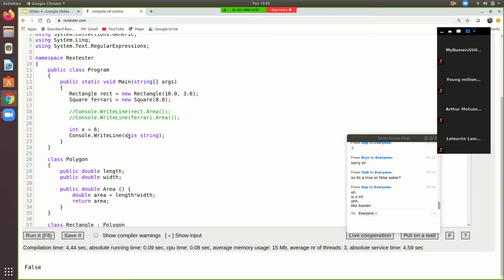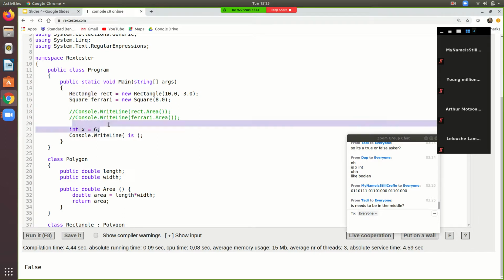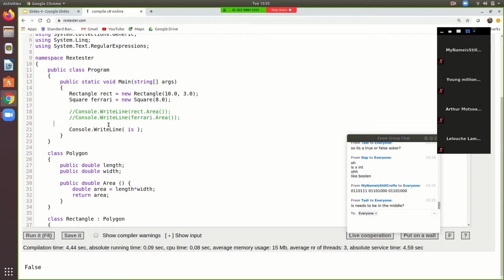But now, what I want to show you guys, what's quite cool about this thing that we've done here, this inheritance. Look, we've got this rect object, right? And it's of type rectangle. You guys see that? Rectangle rect. So we've got a rect object of type rectangle. If I say rect is rectangle,